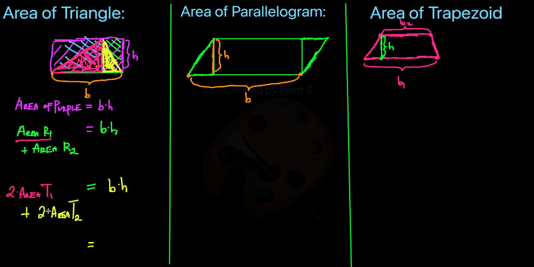Now, if you look at this left-hand expression, it's 2 times the area of triangle 1 plus 2 times the area of triangle 2. Now we can factor out a 2. You should know how to factor. Let's do a little factoring on the side: 2x plus 2y. What can you factor from both of these? You can factor out a 2 to get 2 times (x plus y). That's just basic factoring. So here I have 2 times x plus 2 times y. I can factor out a 2, and I'm left with the area of triangle 1 plus the area of triangle 2